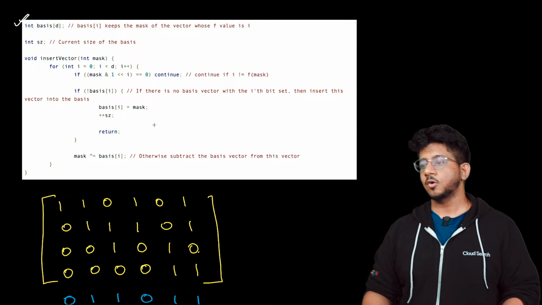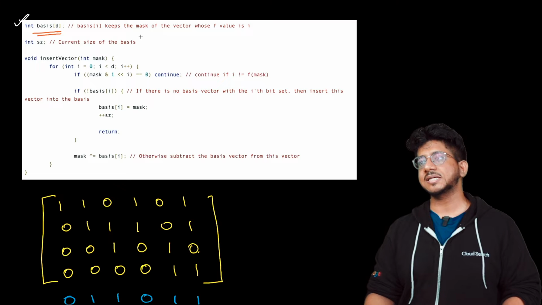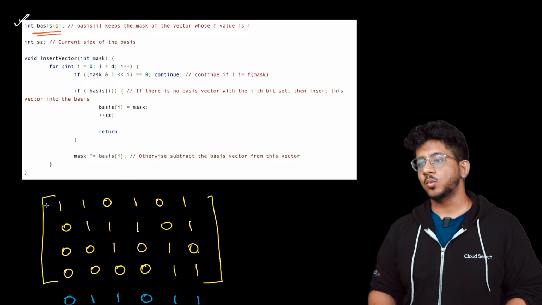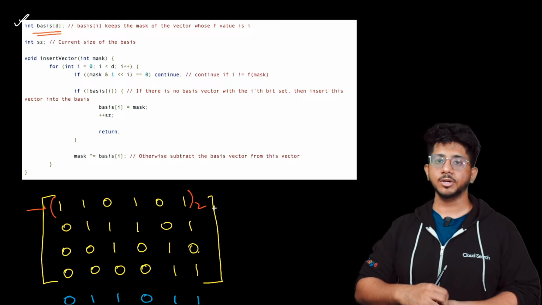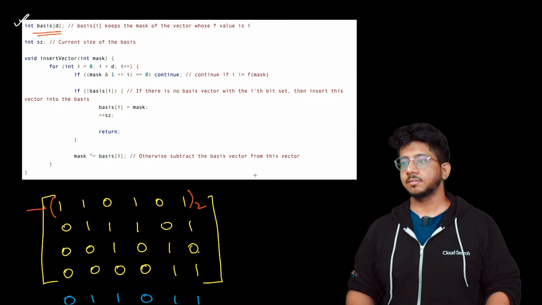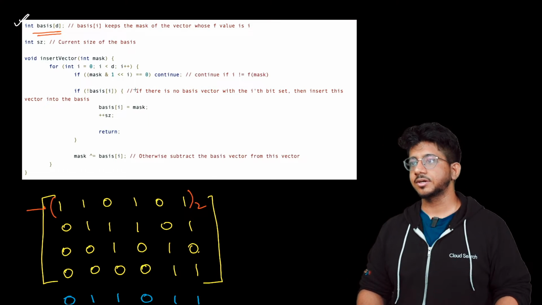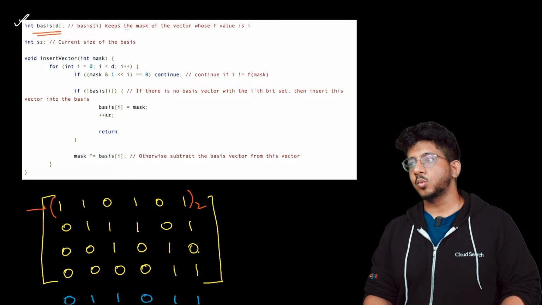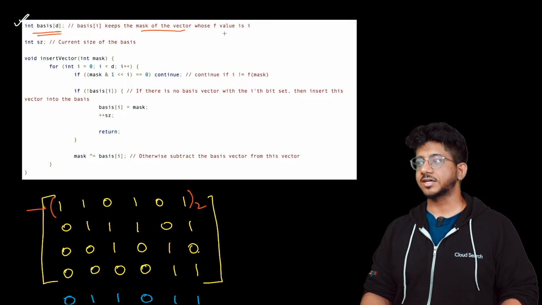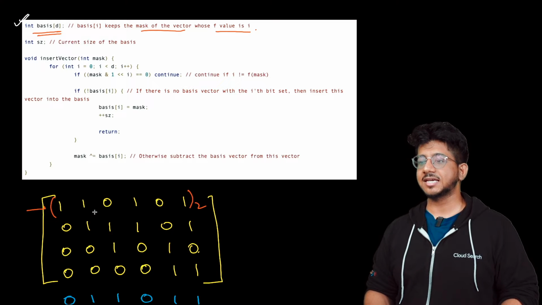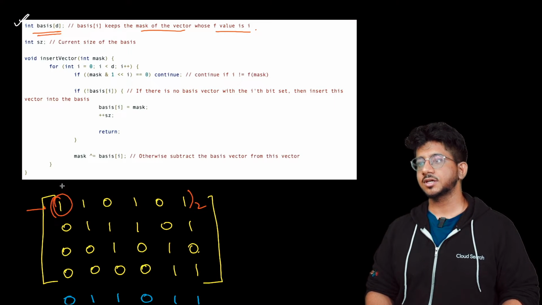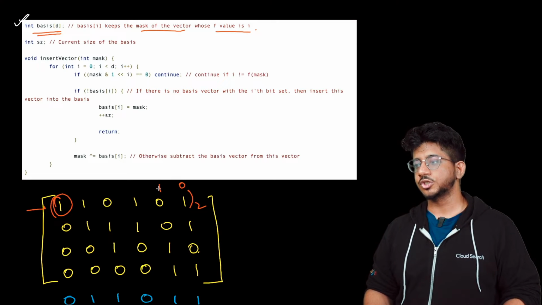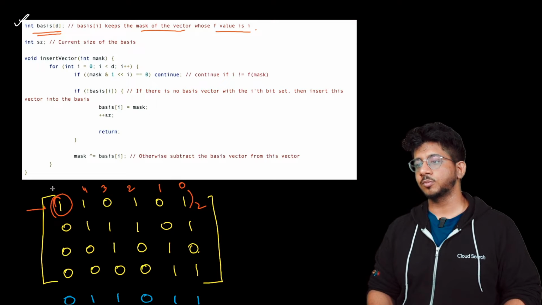So over here, you can see that basis of d basically tells that whichever row, this particular thing is actually a binary number, right? This is actually a number, a binary number, which is maintained using a mask. So, which mask of the vector whose f value is i? Basically, which mask is controlling the ith bit. Okay, let's call this 0 position, 1 position, 2 position, 3 position, 4 position, 5 position. Okay,